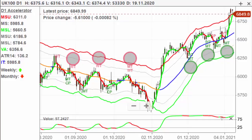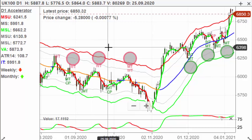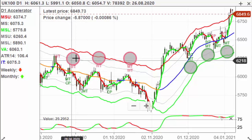There have been some remarkable moves on these indices over the last few months, and just taking a look at the UK 100 as we go through today's trade of the day for the 11th of January 2021, we're just going to take a look at these basic sniper opportunities. This is the D1 accelerator strategy as part of the Trendsignal Plus training program, and what these sniper discs do